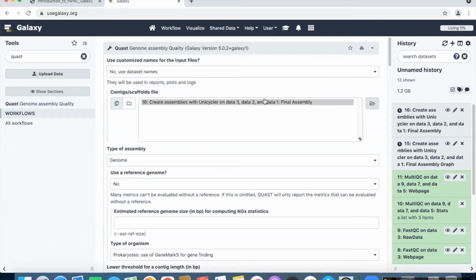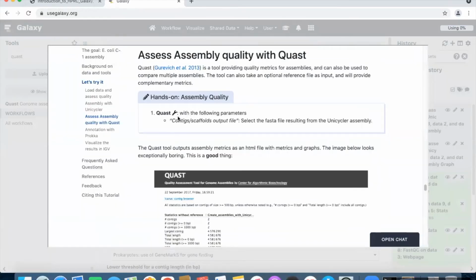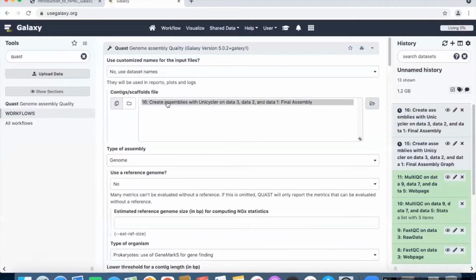So you can see it had already selected the FastA file resulting from the assembly. So this is the FastA final assembly. There's only one here in the history, so it's selected for it. And then